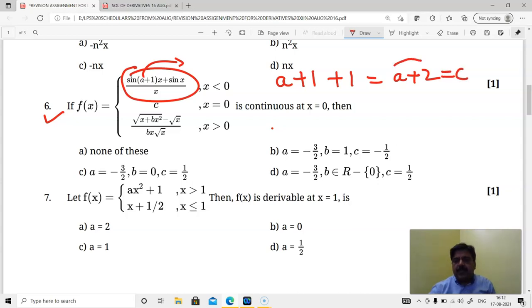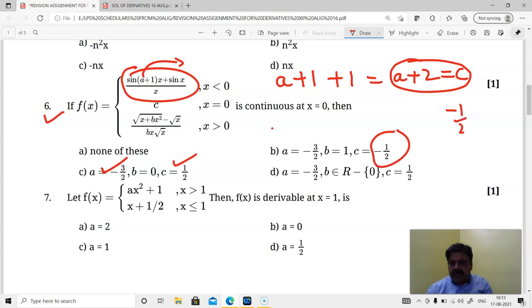it is going to be c. But the problem is I will not get a complete value of a and c. Here some a and c have been given, and if you put some values like c equal to half, you won't get a as minus 3 by 2, or you may get a as minus 3 by 2. But you have to put the values, and almost all the values seem to be correct. If I put c as minus half, a will be minus half minus 2, so you will not get a as minus 3 by 2. This is automatically rejected.